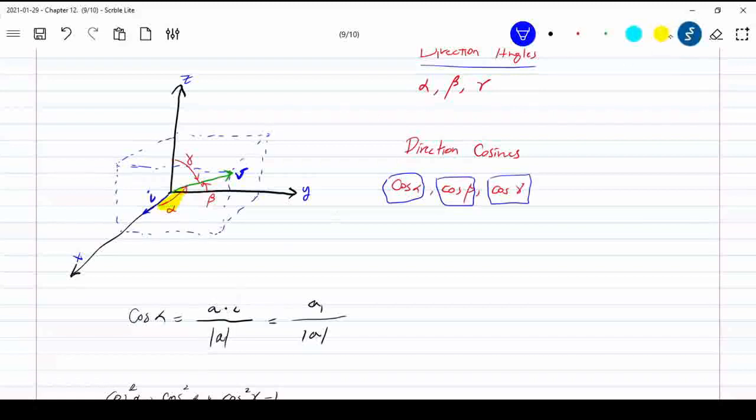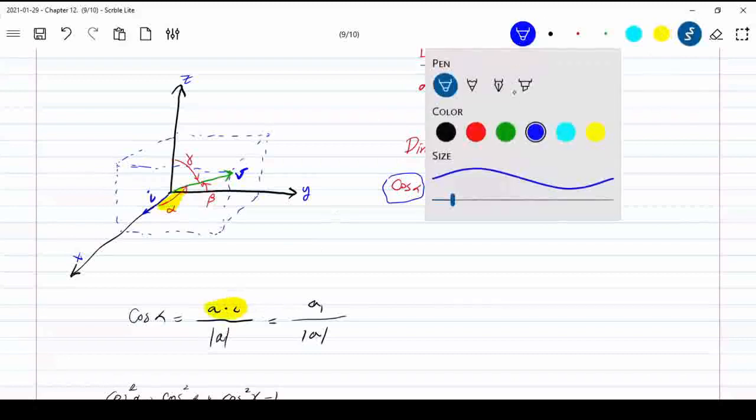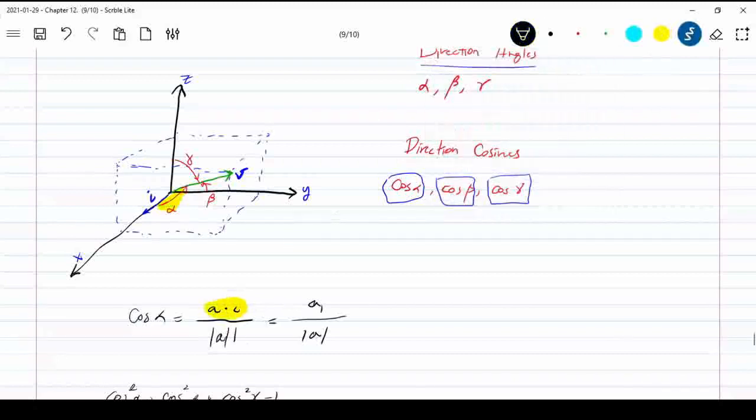So to find cosine of the angle alpha, basically what you need to do is the dot product of A with the vector I, and then divide by the magnitude of A and the magnitude of I. I forgot to mention this, the magnitude of I. But what do we know about vector I? It's a unit vector,